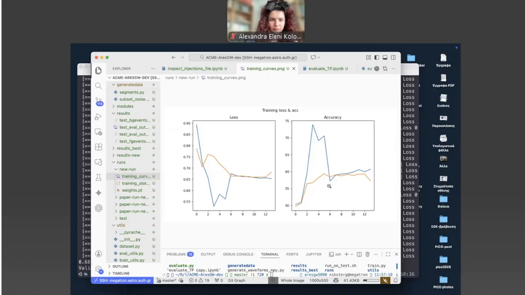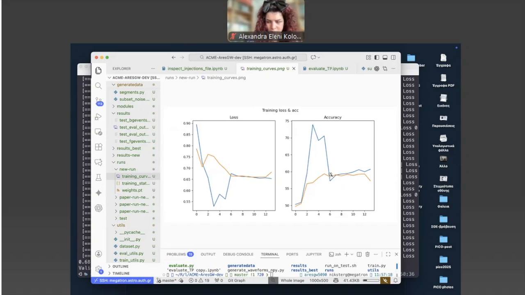It's explained exactly because of the curriculum learning, because in the first few epochs, we let the code learn only the strongest injections, which are easy to learn. So it is performing well in the training phase, in actually reducing the loss function. But this also has an imprint on the validation set, because there indeed you have a rapid increase in the accuracy because it learns these strong signals.